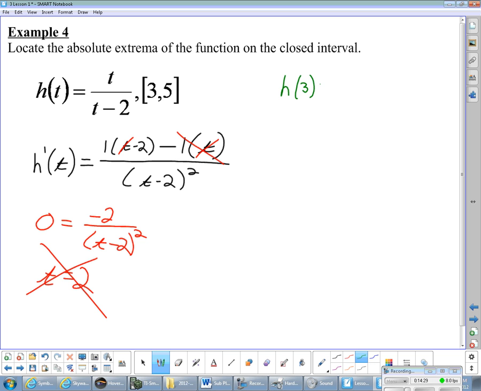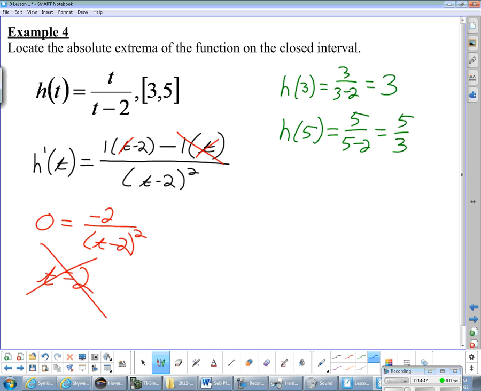h of 3 is 3 over 3 minus 2, which is 3. And we have h of 5. h of 5 would be 5 over 5 minus 2, which is 5/3. And so there you go. And this function, here comes our answer, has an absolute